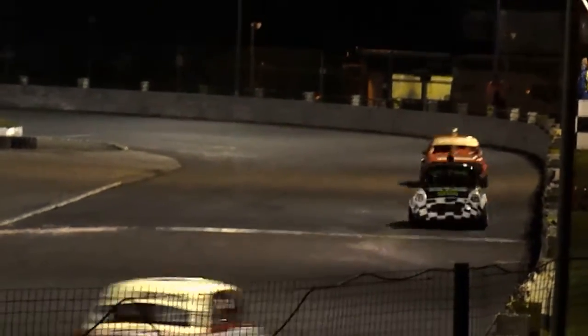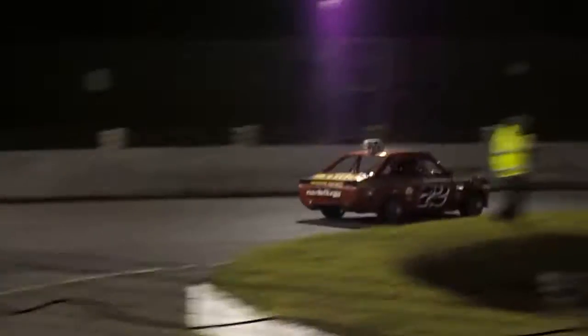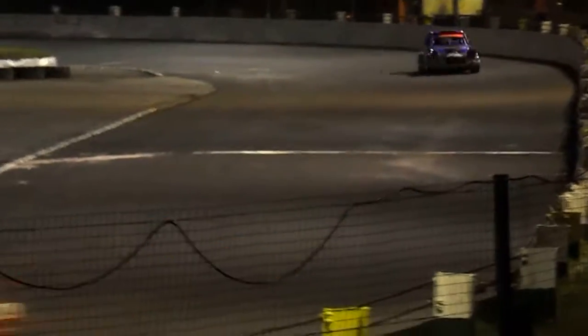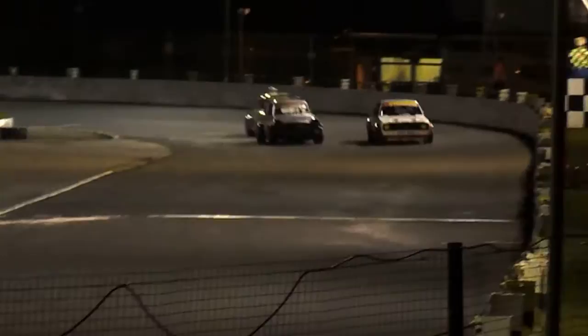Here's your race leader though in the early stages. 419 Dave Murphy, the family guy. Just ahead of the Norfolk boy, the winner of heat number 2 tonight, 72 Gary Godwin. The Godwinner will be on mark for reeling in Dave Murphy in just a few laps' time. In third place, 101 John Bowring. And then we have a good scrap